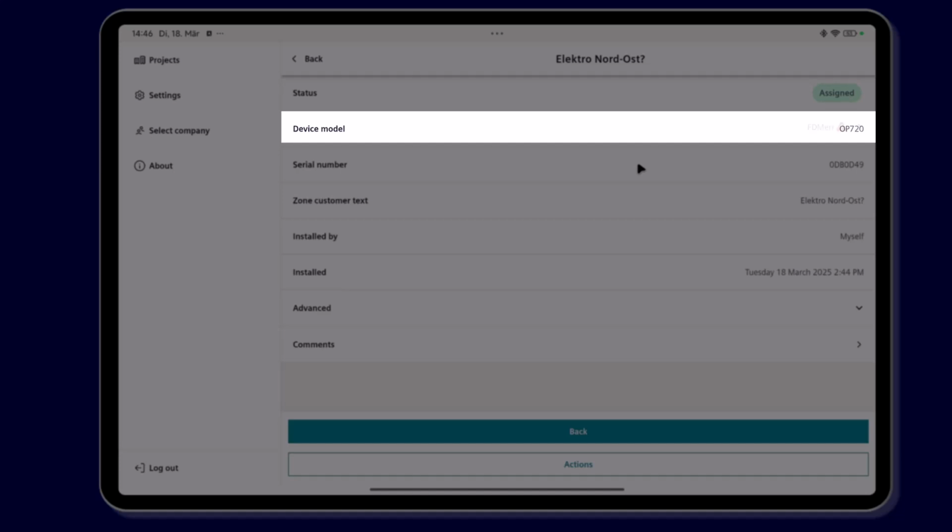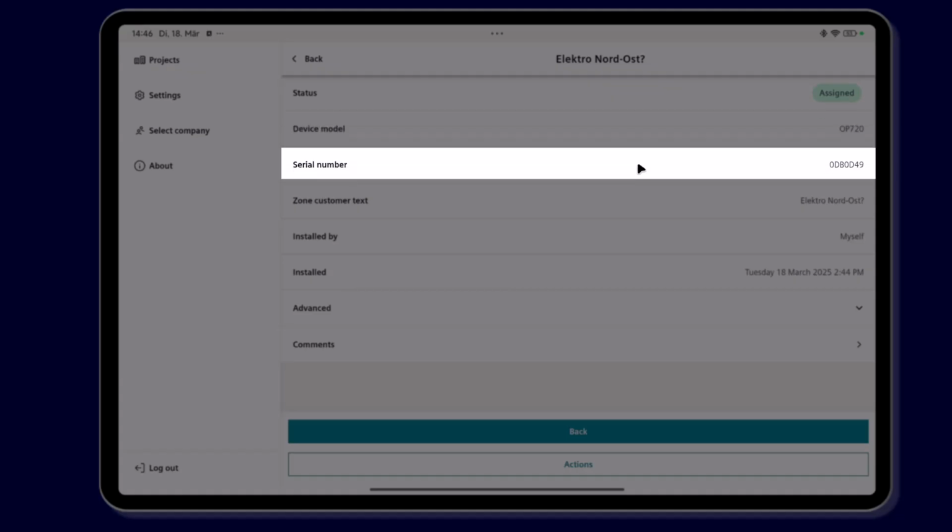If there is a yellow exclamation mark next to the device type, it means that the device model has not been recognized by the system. You will need to manually edit the model type or ensure that the correct model is acquired during scanning to avoid problems with the export later.